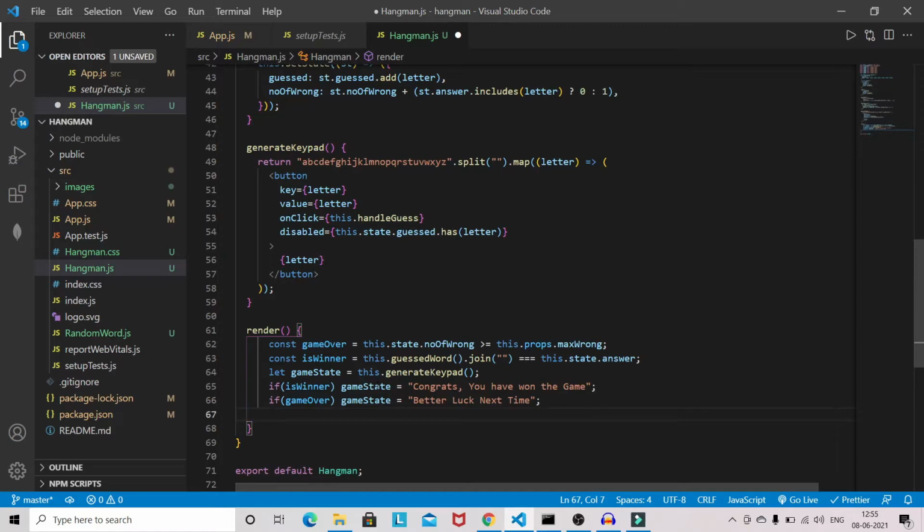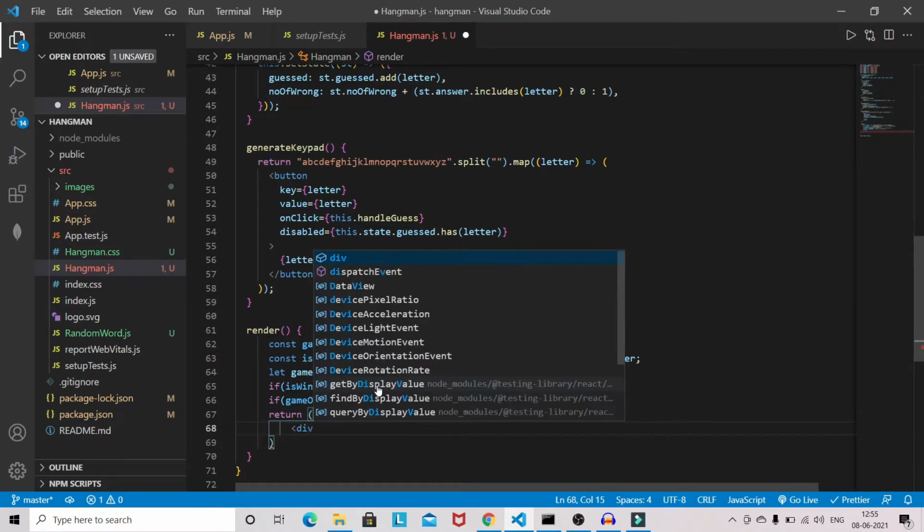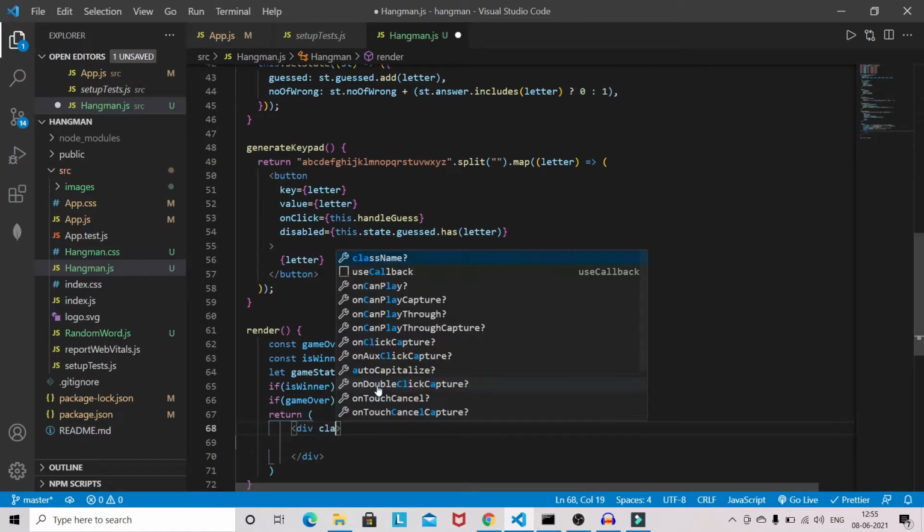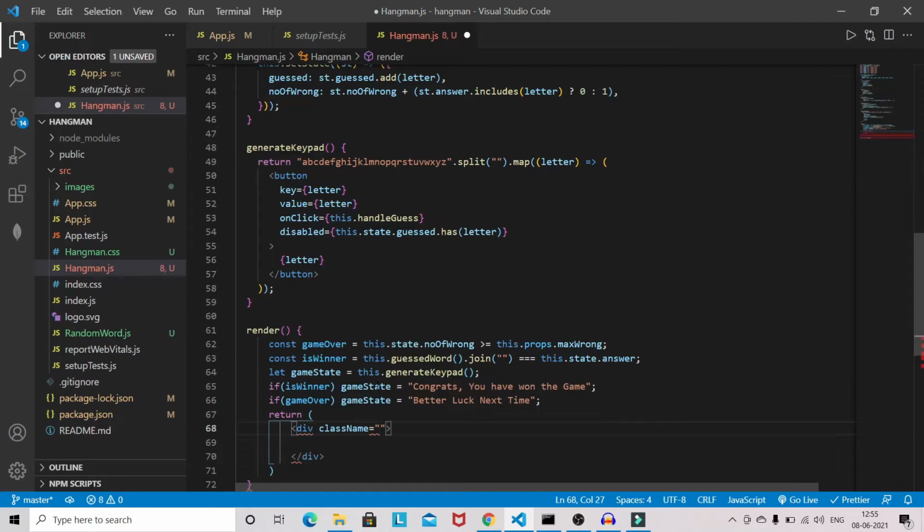So now come to return. In return we'll be having a div of class name hangman, h2 hangman.